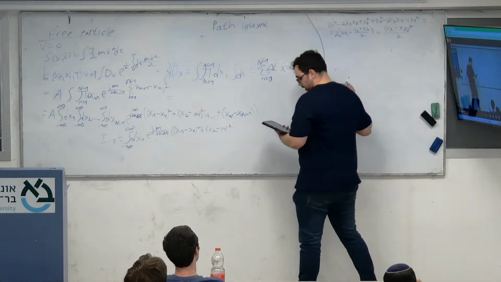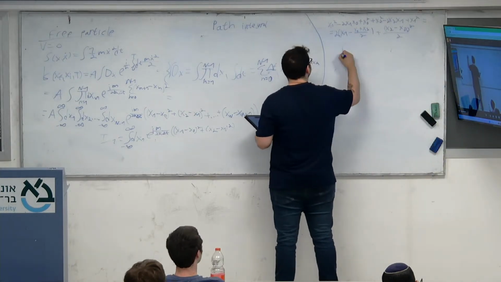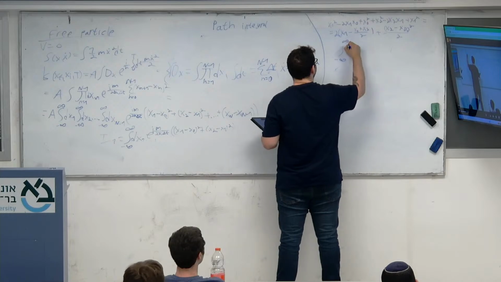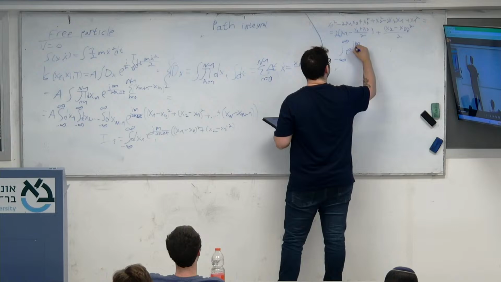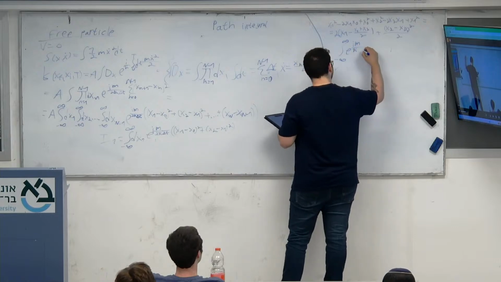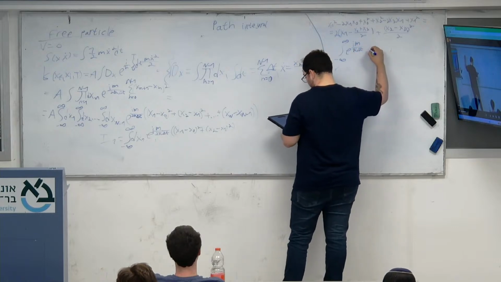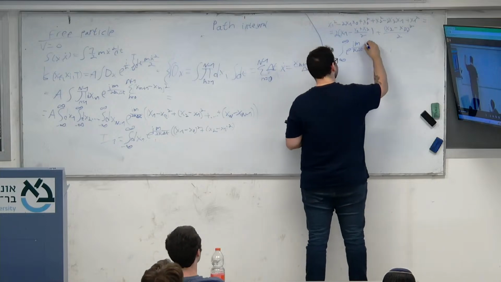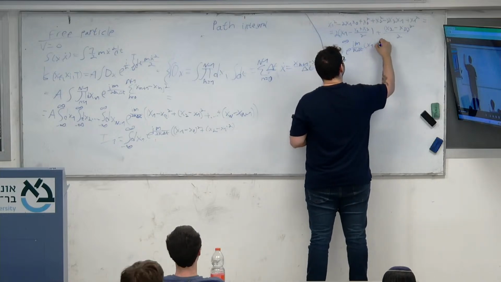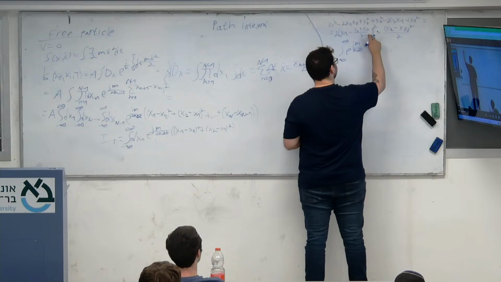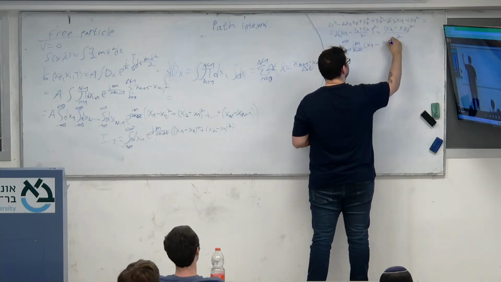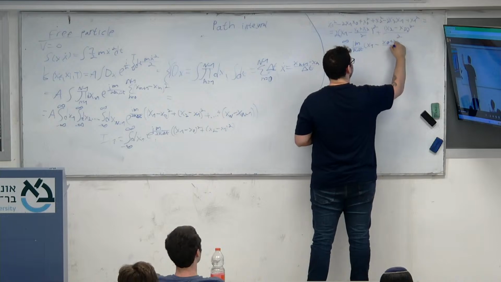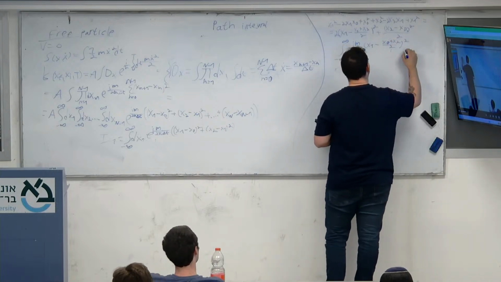And we're left with solving the integral from minus infinity to infinity of e to the power of i m over h bar delta t of x1 minus (x0 plus x2) divided by 2, squared,